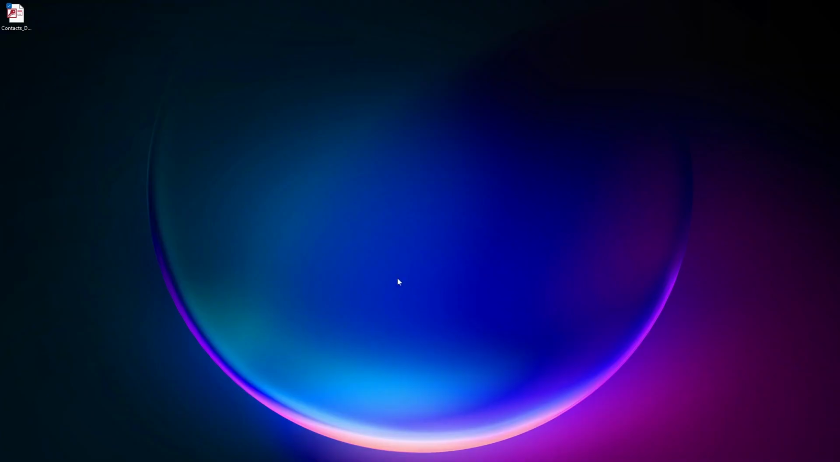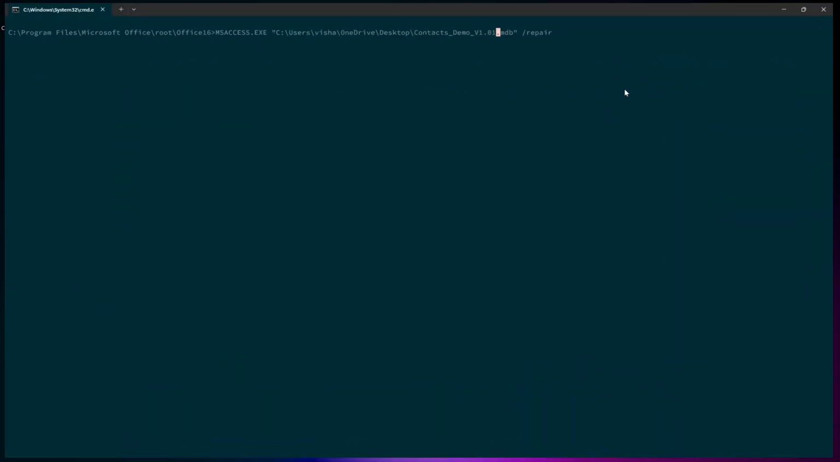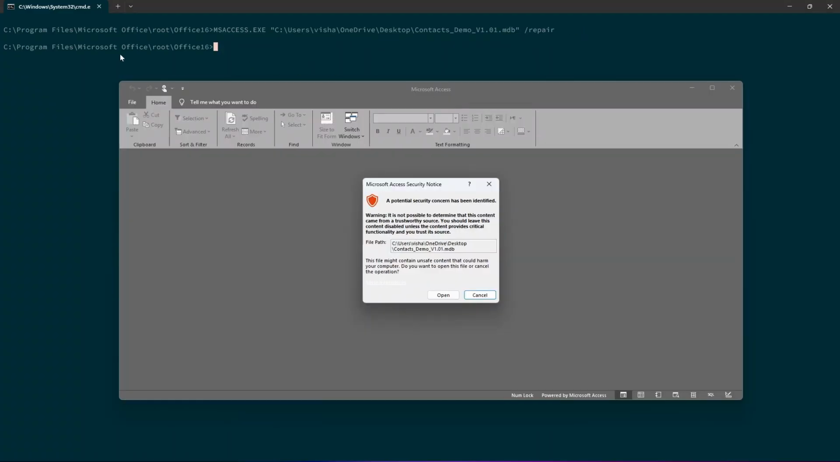Okay, so to try to repair this with the inbuilt tool in MS Access, just open your command line, then go to your MS Access installation directory, which is this in my case, and enter this command. So the command is msaccess.exe and then the full path of your database inside double quotes and then /repair. Let's run it and your database will be repaired and it will be opened in MS Access